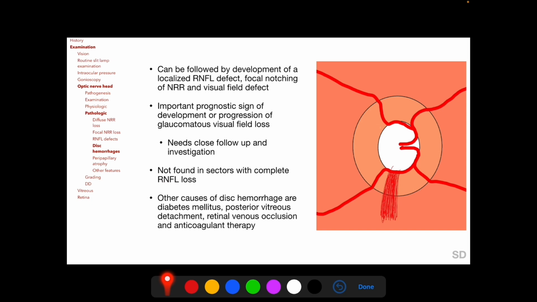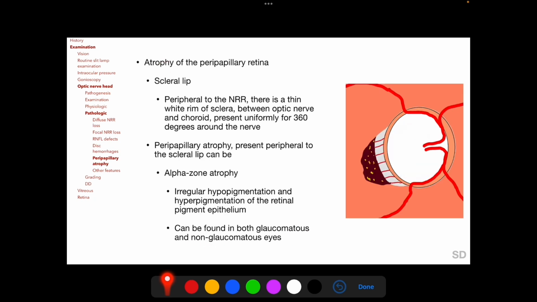Other causes of similar looking hemorrhages include diabetes mellitus, posterior vitreous detachment, retinal venous occlusion, and anticoagulant therapy. Atrophy of the peripapillary retina is another clinical sign of glaucoma. Normally, peripheral to the neuroretinal rim, there is a thin white rim of sclera called the scleral lip between the